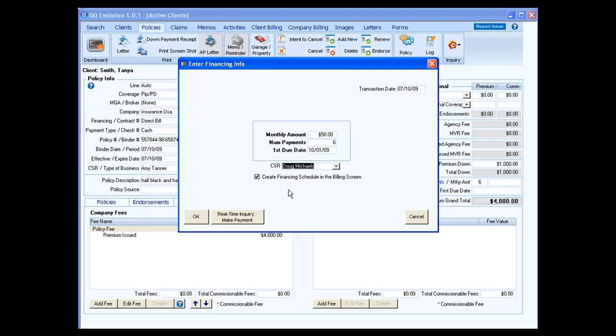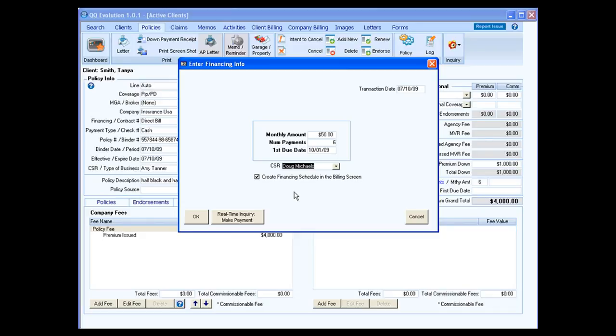And we've already covered this on the search screen, but I got to point this out. Right here where it says create financing schedule and billing screen and it's checked marked. The only reason this would be checked marked is if you're doing in-house financing. If when that client's monthly amount comes up due, they come to you, they pay it, and it goes into your bank account. You're doing the financing. You would leave this checked marked, and then it would create the finance schedule and the billing entries so that every month when they pay you, you can reconcile that billing entry until it's paid, until the end of the